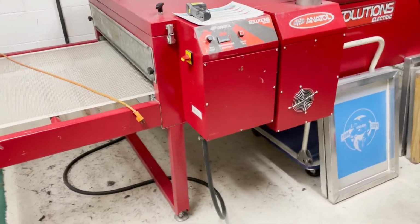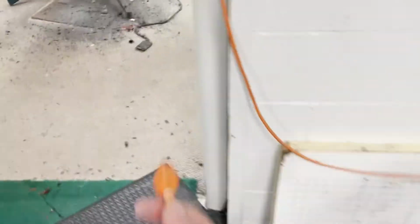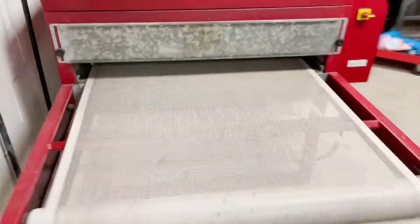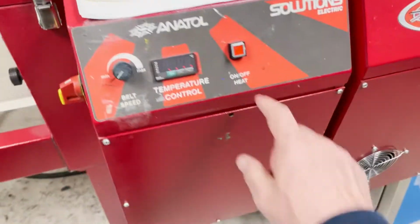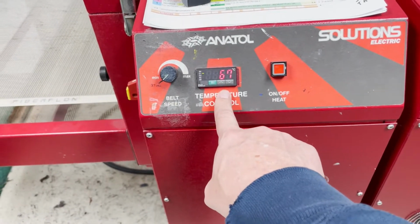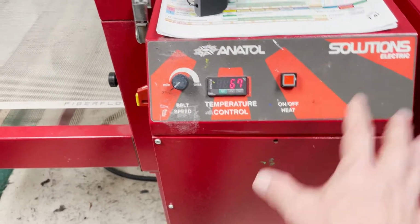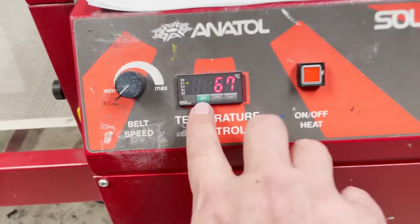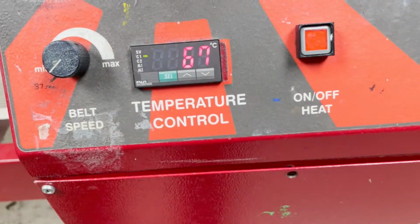This one gets hot. So we would plug this in. I'll do that now so I don't forget. Turn it on. Hit the heat. And right now, it's at 67 degrees. So it's cold. We don't have to set anything else. This will come up to temperature. This is the select temperature button that we would push if we wanted to make a change, and then toggle this up or down. Right now it's set at